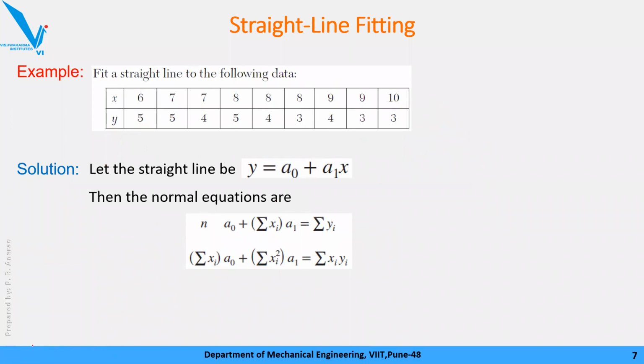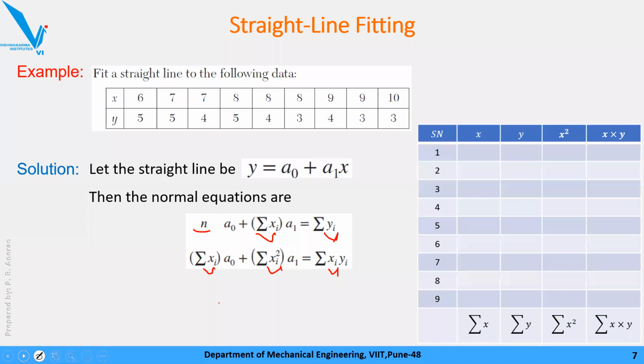Next what I'll do, I'll use my calculator. So first I will write all that data, जो भी हमने कैलकुलेशन किए वो यहाँ पे डाल देंगे and then I'll rewrite that equation using calculator. I'll find out a0 and a1 and that's it. That is my solution. Okay, so I recommend you, when you write the solution, go and create a table like this one, which will be very helpful for us to do calculation, as well as it will be good to represent or show our answer to the examiner.